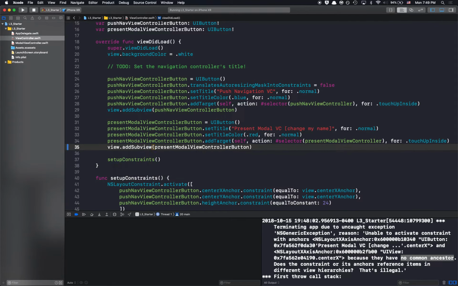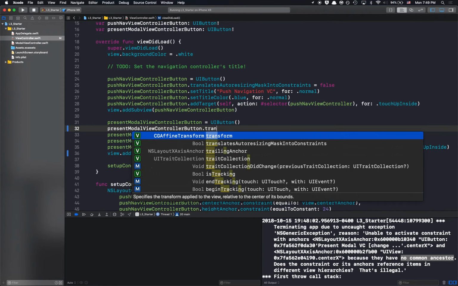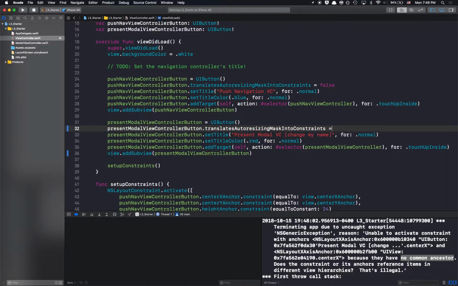All right, is there anything else I might be missing here? Yeah. Yeah, awesome. So if I don't have translatesAutoresizingMaskIntoConstraints set to false, the view's not going to show up on the screen, and you're actually going to end up with a bunch of those auto layout issues that I showed before. All right, so now if we run this,